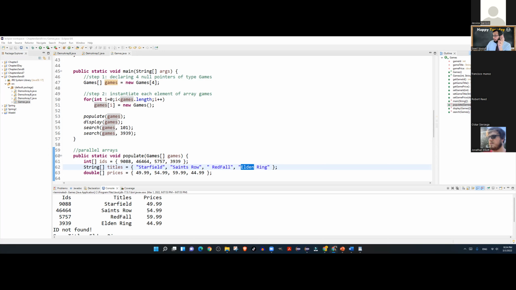Like the very first time you did this, like 3 weeks ago, I asked you to create 2 separate instances, like salesperson amount 1 equals new salesperson. I don't know what you call them, whatever you call your objects. It could be salesperson 1, salesperson 2. That's not important. But what's important is that 3 weeks ago, in assignment number 4, I asked you to create 2 objects of salesperson type. Instantiate 2 salespersons is what I asked you to do in assignment 4.